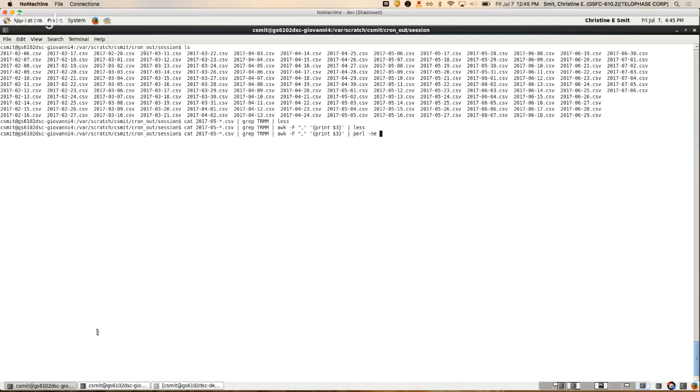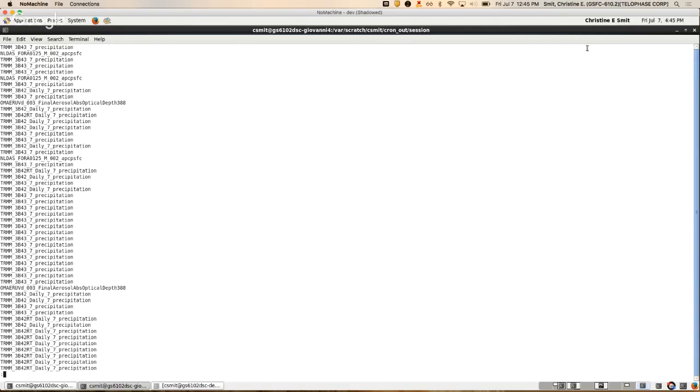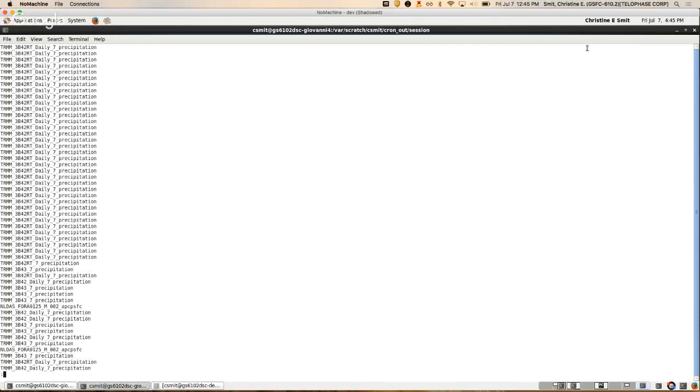Okay. You know what? I think I actually had this typed in somewhere else because the first time I tried to type it without, yes, okay. Here we go. If you're familiar with Perl, what this does is it splits the line on the semicolon, and then for each thing in that array, it removes any end of line that may or may not be there, and then it prints the variable with an end of line. So now, if you look here, they've been separated into separate lines, which is awesome.